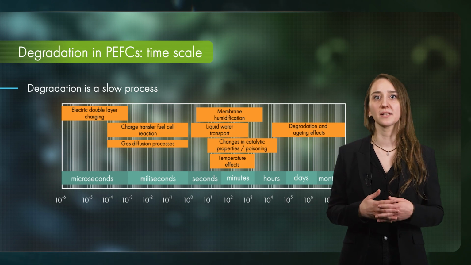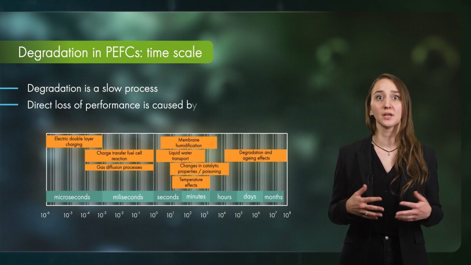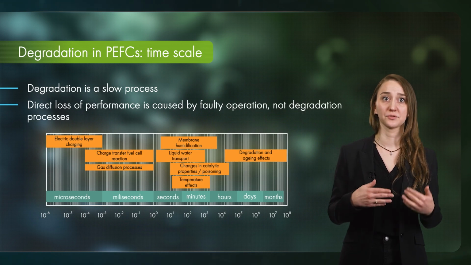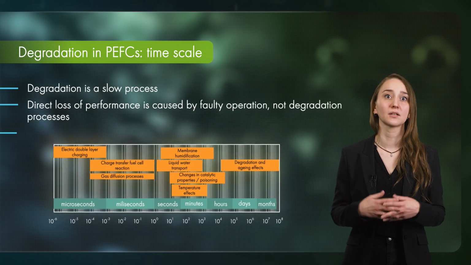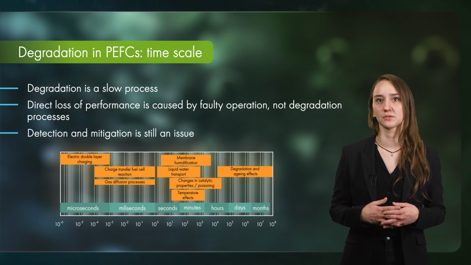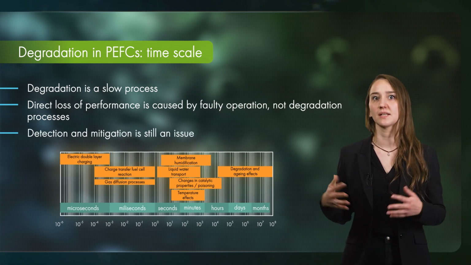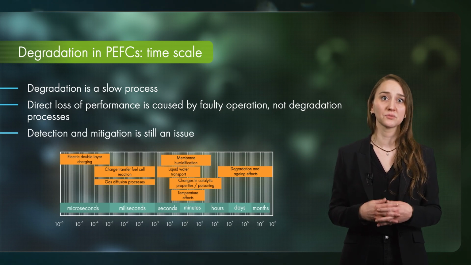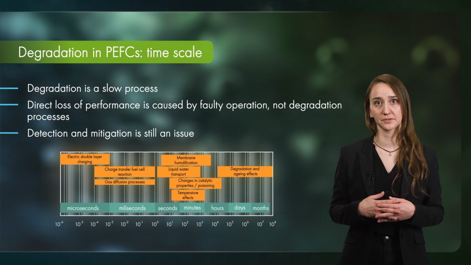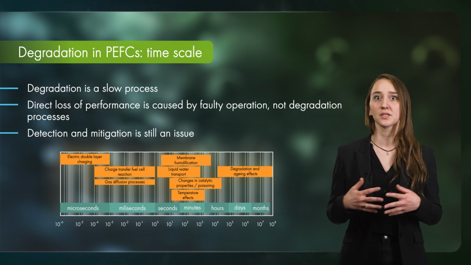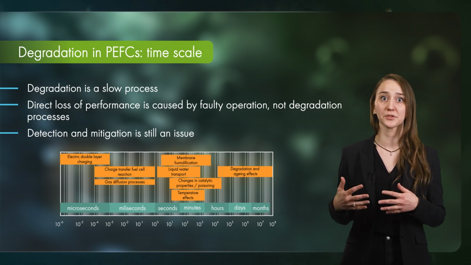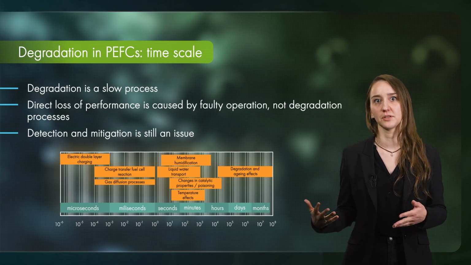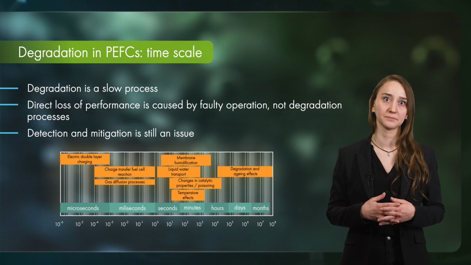In particular, mechanisms related to charge transfer are very fast, but also issues occurring in relation to diffusion processes are happening on a time scale that makes them difficult to detect. In particular, the latter can lead to what is called fuel starvation, which is a condition rapidly damaging fuel cell materials. Other factors, such as issues with water or temperature management, can be just as critical, but are slower and thus give the opportunity to monitor and interfere.